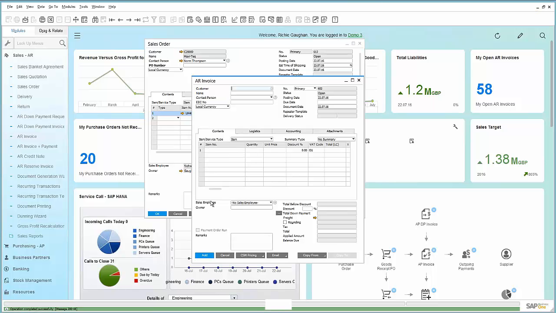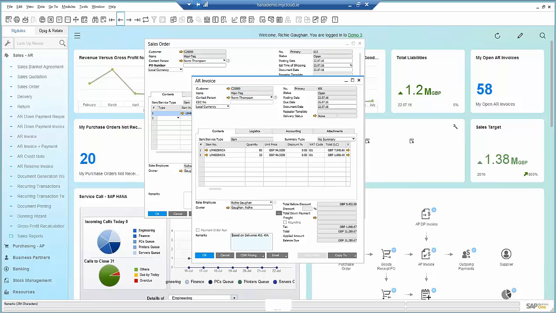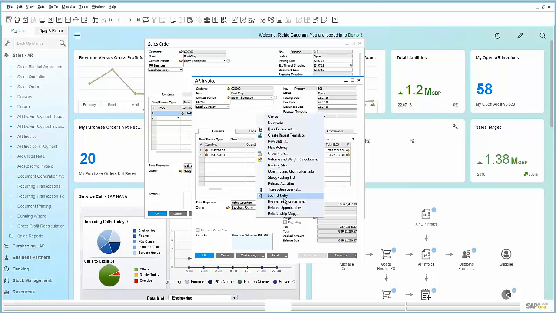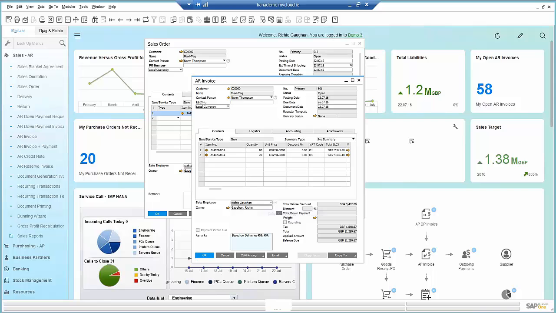Okay, and we can do that in Business One at every stage. We can split documents, we can fulfill parts, we can take sales orders, sales quotations, put part of that into the next document, and then we can go and consolidate at the end, or we can keep it on a one-to-one basis here. To get an overview of that, if I just go and right-click on here on the AR invoice and click on Relationship Map,